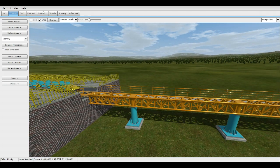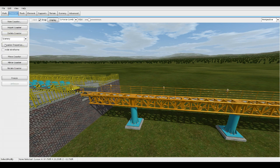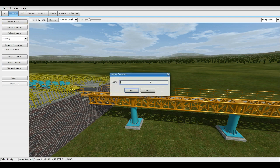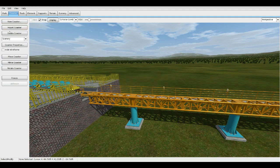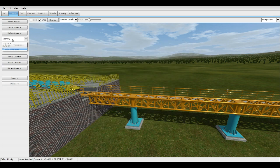Alright, so let's go to supports. Oh yeah, also, make sure you have a new coaster file for the scenery. So go to new coaster, type in scenery, and then go to coaster properties, style, and make sure warrant type is new. So after you've done that, you have this separate scenery file, so click on it, go to supports,